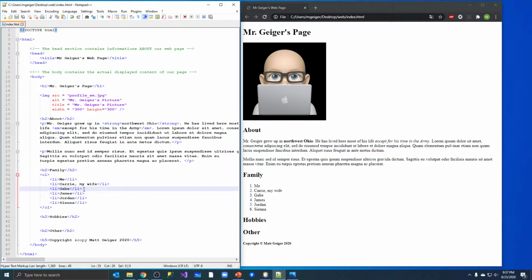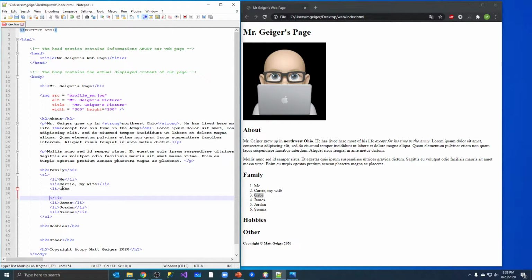So how do I do that? Well, since I want it to go underneath Gabe's level, underneath the 3 like we were doing an outline, I need to put another unordered list under Gabe. So I would do an unordered list